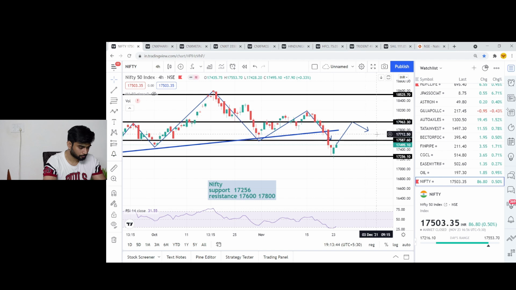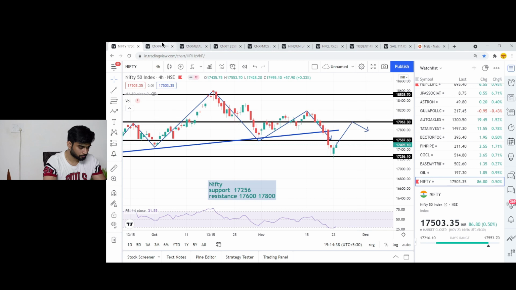But until then, we are having a bearish view, and you can in particular see the candle which was formed today is also of weak size. That means there was no strong buying in the market overall, though there was a bull run which has happened in the majority of stocks today. So in the coming 2 to 3 days, we'll be watching how it is moving, and we want Nifty to form strong buy candles, indicating a sign that there can be a probable upside move. And as I've just told you, we want Nifty to test the 17,900 level, above which we'll have a bullish view. Below that, we are still going forward with a bearish view.